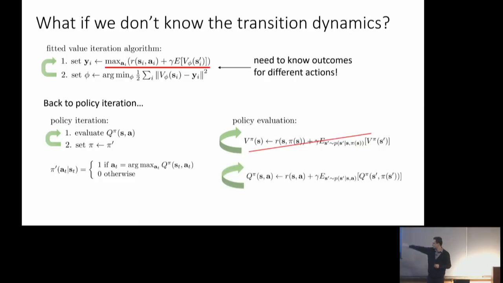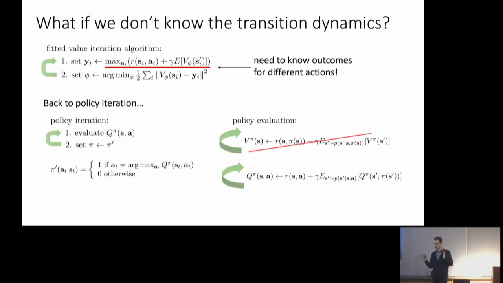The q function is now a function of states and actions, so it's a little harder to represent. But the procedure for getting the q function is not any different. You do have to plug in the pi of s prime here. Before, you would plug in pi of s, because this was a function of only states, so you plug in pi of s for the action. Now this is a function of states and actions, so you plug in that action here. But for the next value, you don't have the value function, you have the q function, so you have to plug in pi of s prime for the action at the next time step. So it's a slightly different equation, but a very similar principle. And now this equation tells you how to update your q instead of your v.